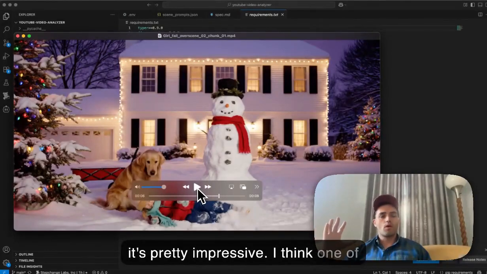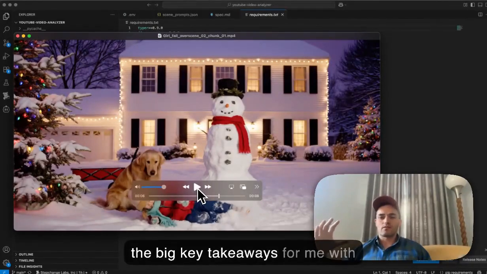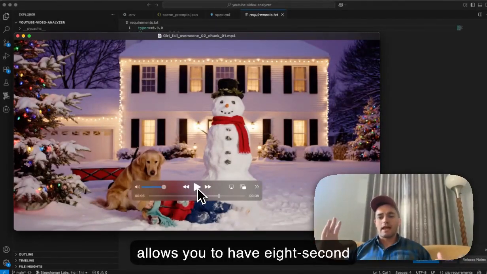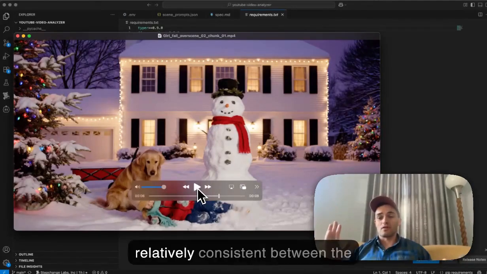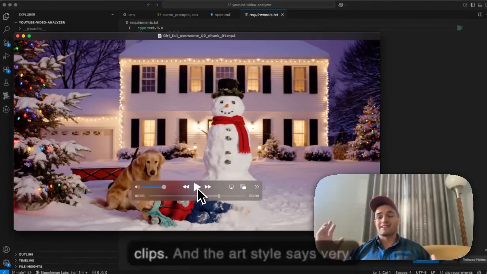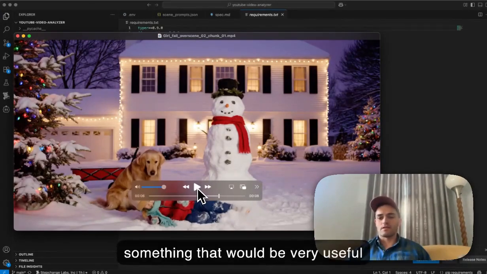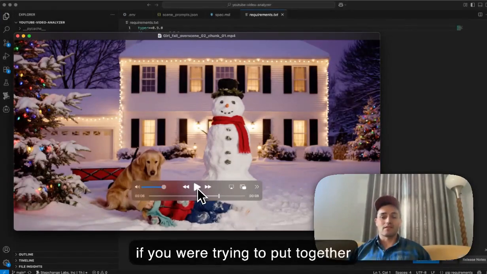I think one of the big key takeaways for me with adding an image to VO3 is it allows you to have 8-second clips where characters look relatively consistent between the clips, and the art style is very, very dialed in. This seems like something that would be very useful if you were trying to put together short form